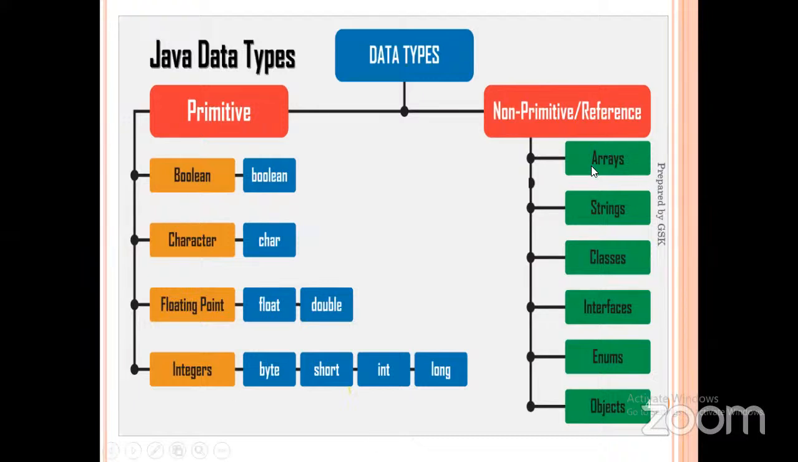And coming to the non-primitive, actually these are very lengthy topics. Arrays is one topic, strings, classes, interfaces, enumerators, objects. All these are called references, reference data types, or you can say non-primitive data types, and those take much time to discuss. But simply, you must remember a very important difference between primitive and non-primitive: in the primitive data type,